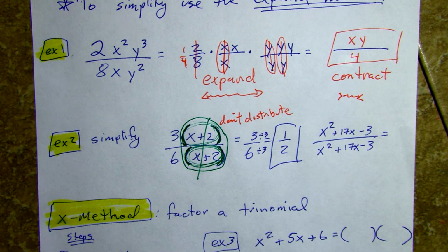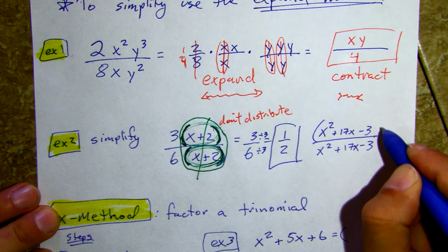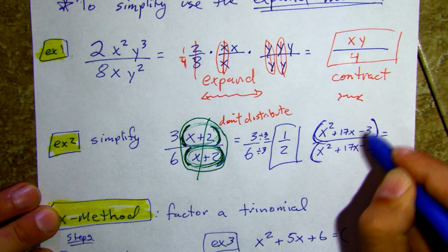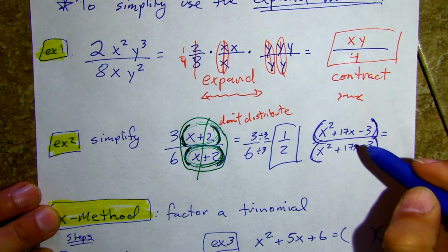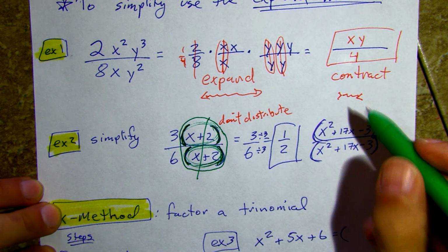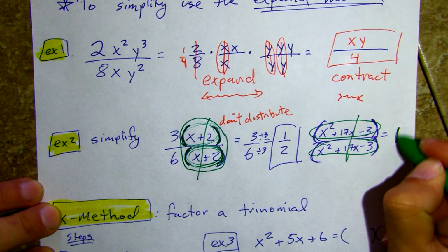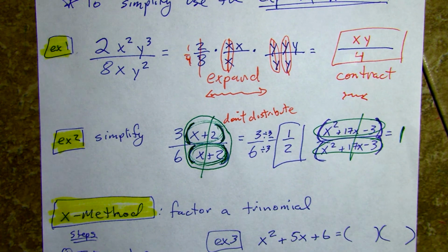So we can say, well, you know what I can do? Since these are exactly the same, this is equal to 1. Okay? So I want you to know, even when the expressions get really complicated, if I wanted to really show this in class, this is what I would do. I'd write an expression that's like 15 terms, and then a fraction, the same terms underneath, just to be obnoxious. And then you'd see that it's the same on top and bottom, so it's equal to 1. Okay? Anything over itself is equal to 1. Okay? Now,